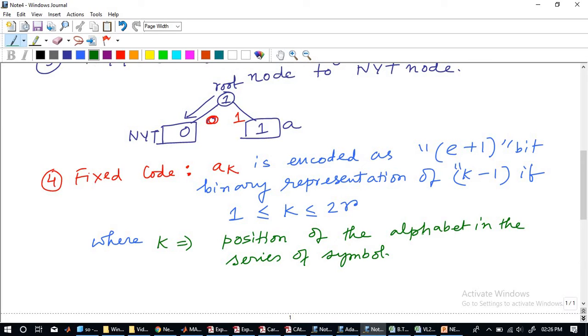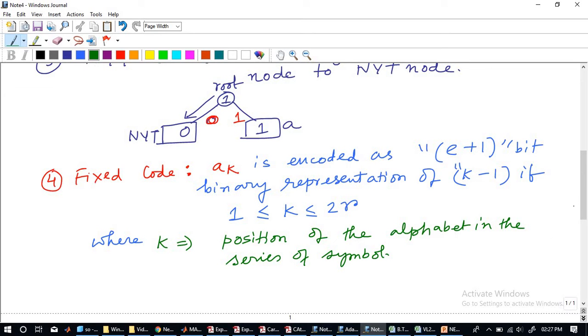Okay. Where is the position? K is the position. So if this satisfies, then we are considering it. So if the condition is satisfied that K is less than 2R, then we have to take E plus 1. E is already defined for us. E is 4. So E plus 1 bit binary representation of K minus 1.